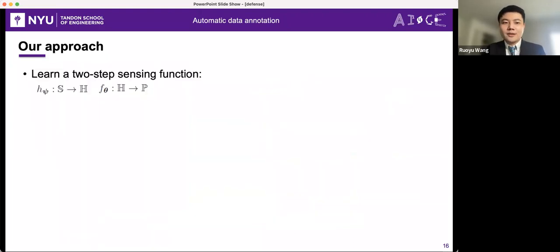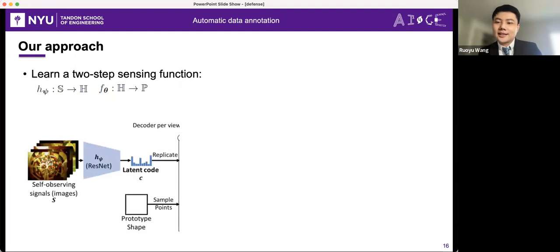So we proposed our approach. Our approach basically learns a two-step sensing function. The first function, h_psi, maps the self-observation signal to a latent space H. And the second function, f_theta, learns to map from the latent space H to a full 3D description P, which represents the full 3D shape of the soft robot. So psi and theta are the learnable parameters. First, a CNN, and we use ResNet here, takes the self-observing signals, the images captured by the camera inside the soft body,